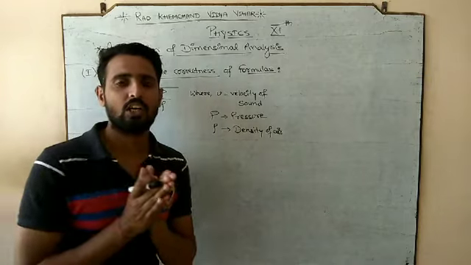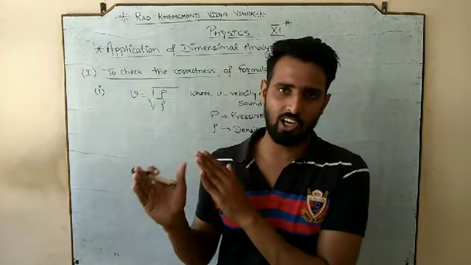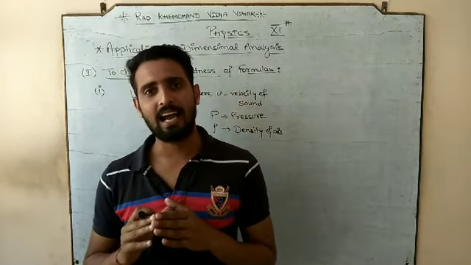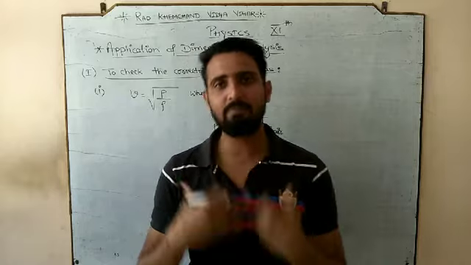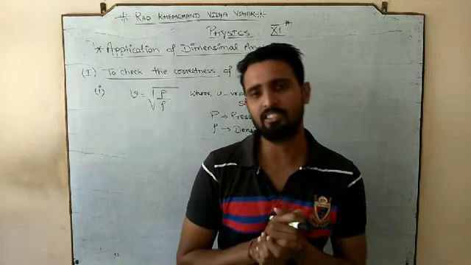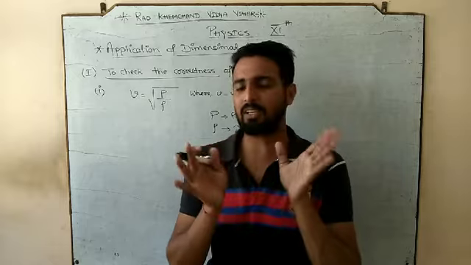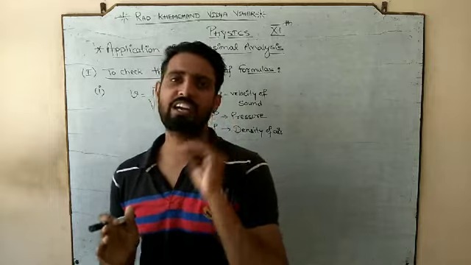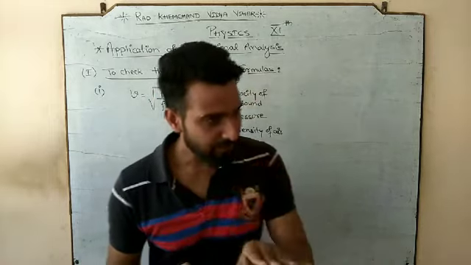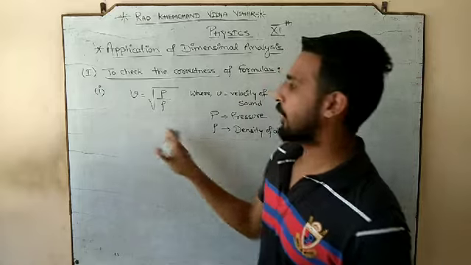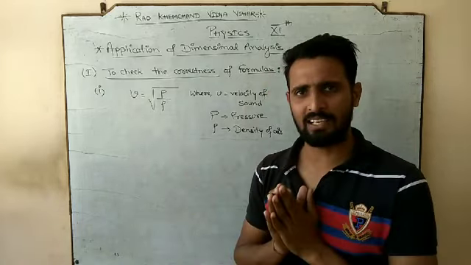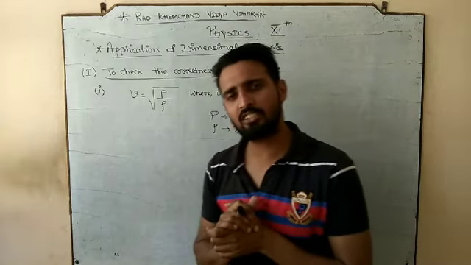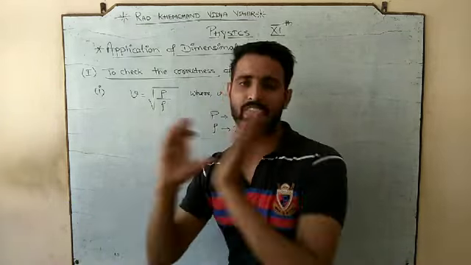On the LHS we have the velocity whose SI unit is meter per second. Now, whatever formula we make, let's suppose we derive this formula, or any scientist derives any particular formula, the first thing is that we have to verify that formula. If we want to verify whether the velocity has this formula or not, we can do this practically. We will take the pressure, we will take the density, and we will find out the velocity of sound in air. But that is a different thing.